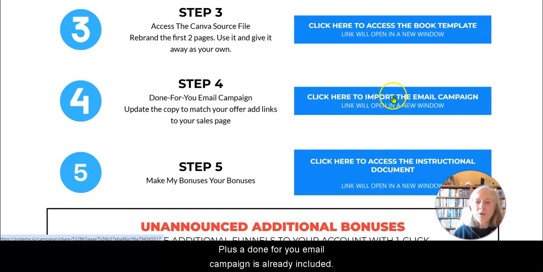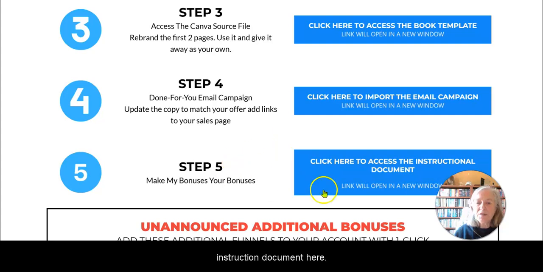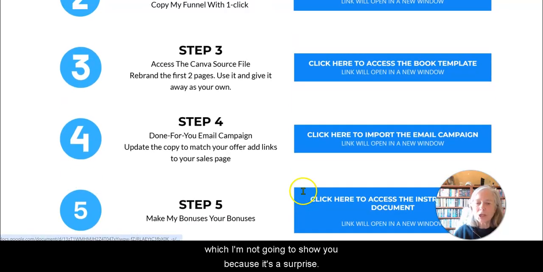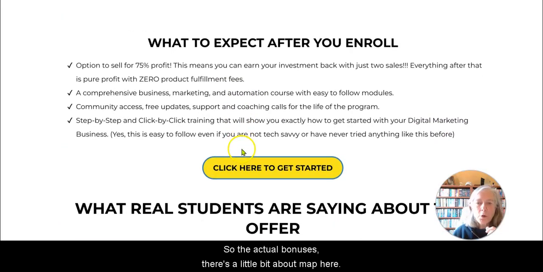Plus a done for you email campaign is already included. Again, this is a one-click import once you sign up for System.io. And then there's the instruction document here, and then I do have some extra additional bonuses here, which I'm not going to show you because it's a surprise. So the actual bonuses,